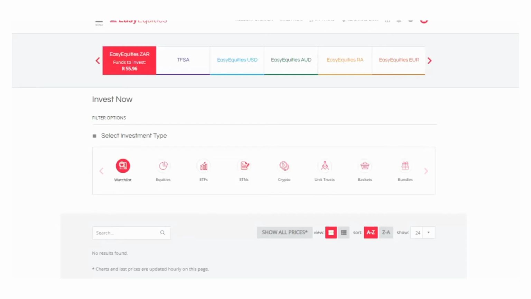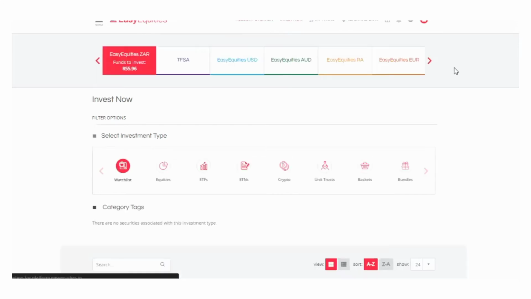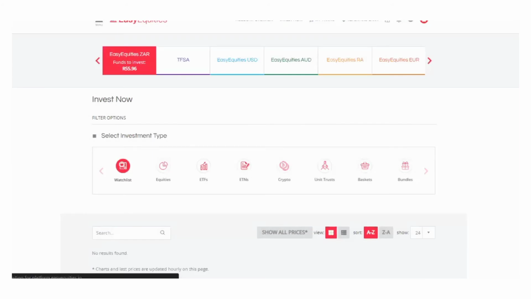And obviously there's two ways to do this that I'm going to show you. The first way, which is my favorite and preferred way for most people, is to actually just use ETNs. So if you use Easy Equities, you can access 3 ETNs that track 3 different currencies. The first one is the USD ETN, and then there's the Euro ETN, and then there's the Great British Pound ETN. So GBP ETN. So the way you look them up is you press invest now, and then you click on